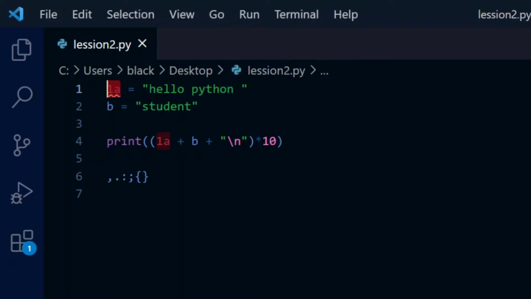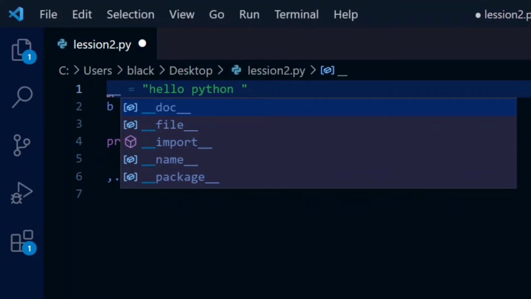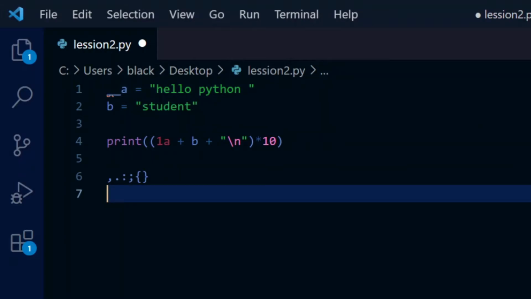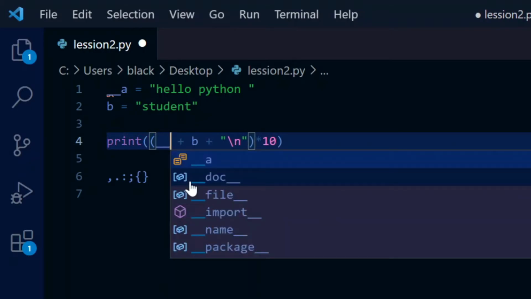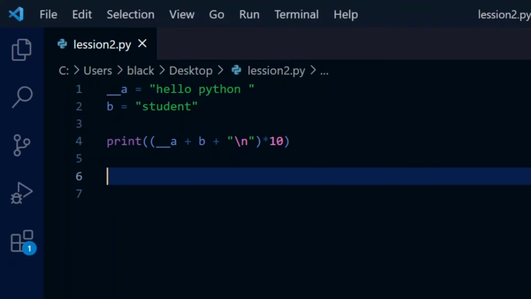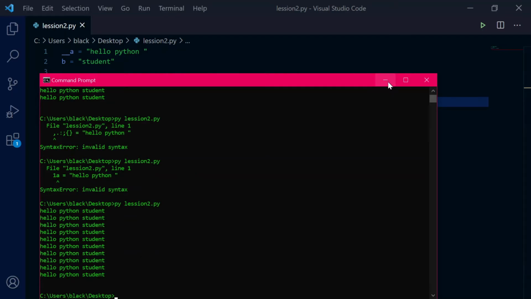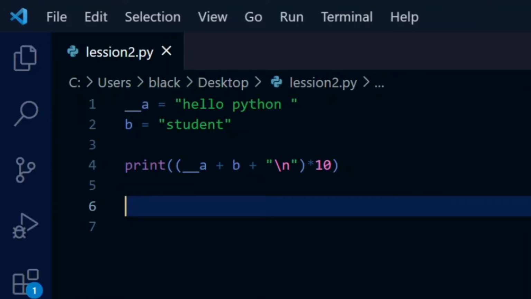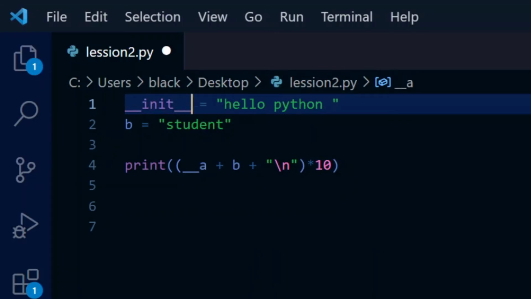But you can start variables with an underscore. If you use something like underscore and a, and here again a, I'll remove this part, and if we save and run it, it is working. You can start with an underscore, and also you can have something like underscore underscore init underscore underscore.